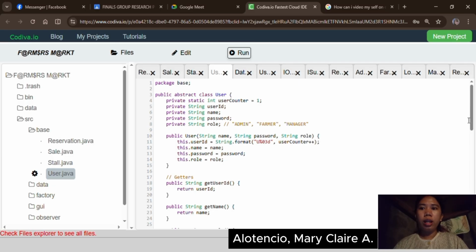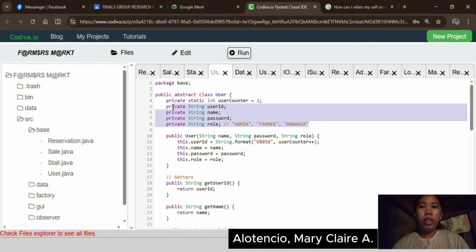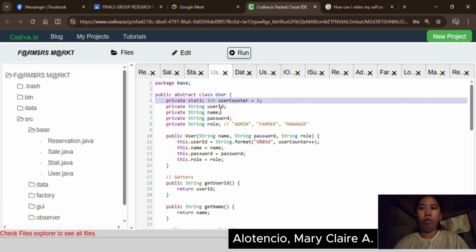First, let me start with the user class. The first thing we will notice here is that it is declared as abstract. And we have five attributes here. The user counter is declared as static, which means it is shared across all instances of user.